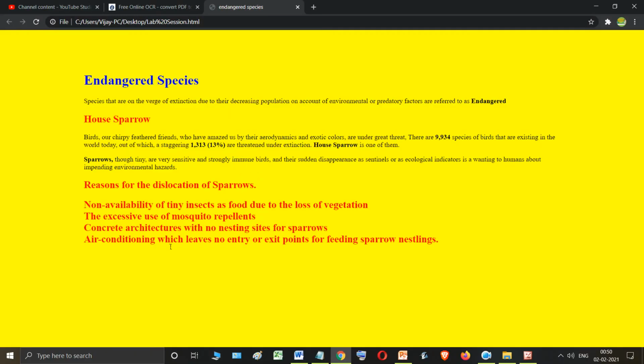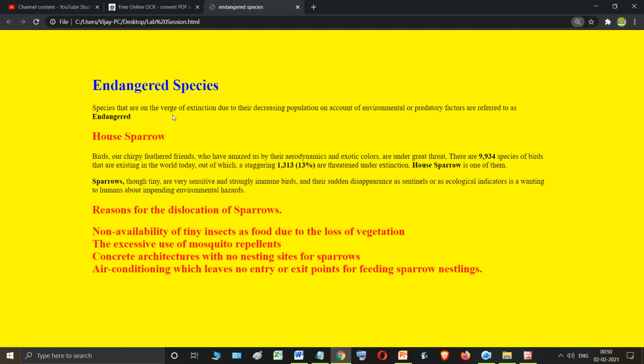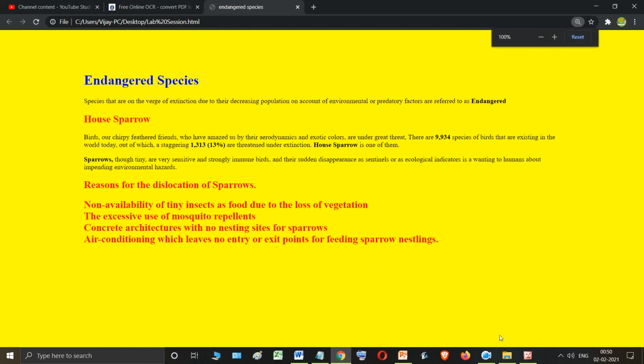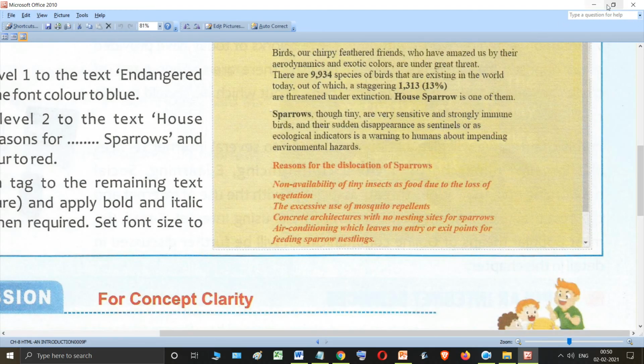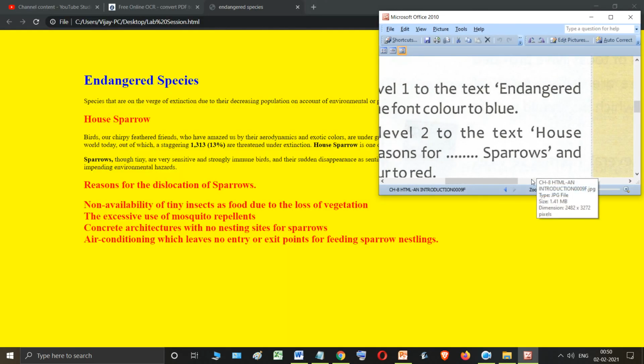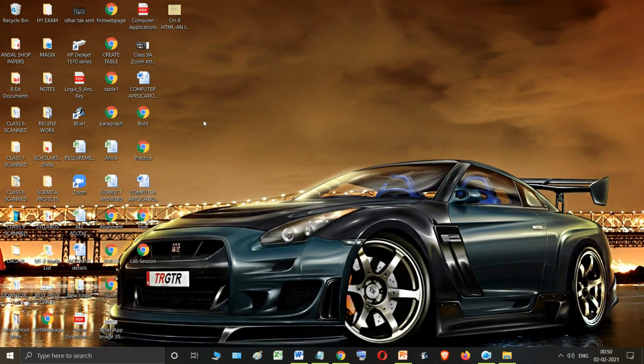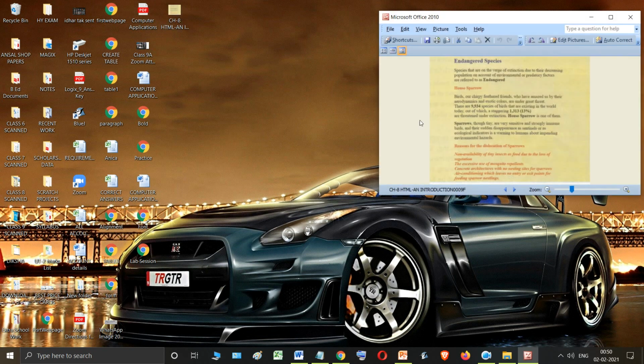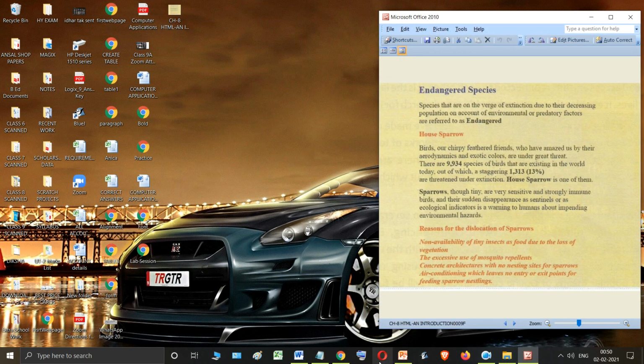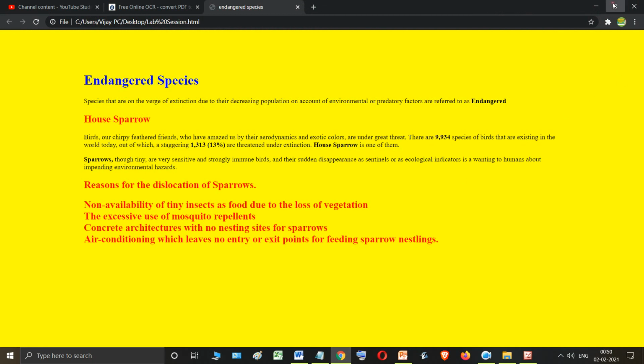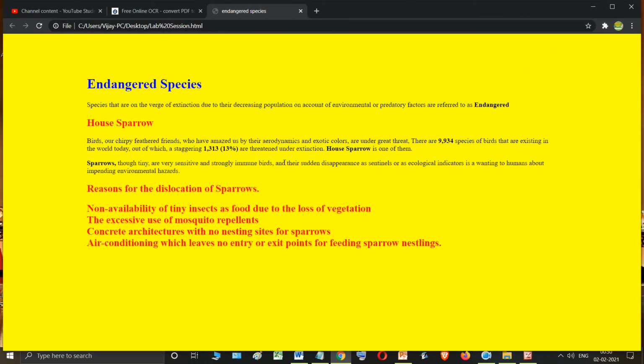You can see that this is how our output is showing, and it is almost what we wanted to see. Yes, this is how we wanted to see it, and this is how it is appearing. So this is what we wanted.